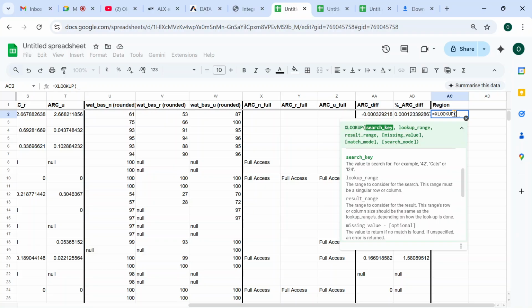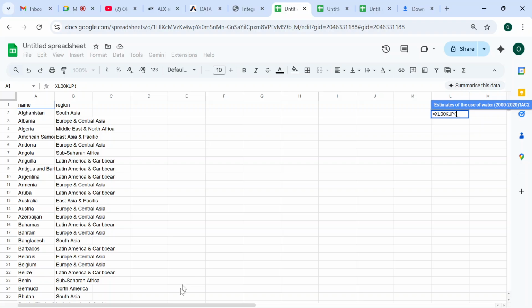So how are we going to use the XLOOKUP? So XLOOKUP, what will be our search key? Our search key will be, for example, if you come to our region now, we need to understand what our region is. Our region is the data set we just added. Our region has a name here. So name is the name of the country, but now it's including the region for each of those countries. So what we are trying to do is